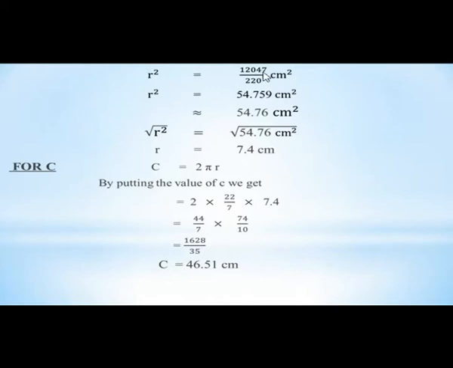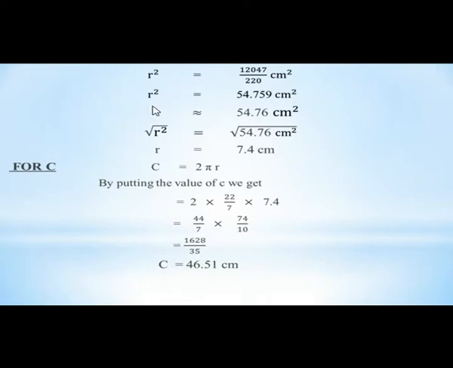And by dividing it, I got 54.759. I will put here the approximate value, 54.759. You people know the rules of approximation: whenever the third number is 5 or more than 5, then we increase the previous number. So there is a 9 on this side, so on this place I increase one number. So this becomes 54.76. On the left hand side, we have r square.